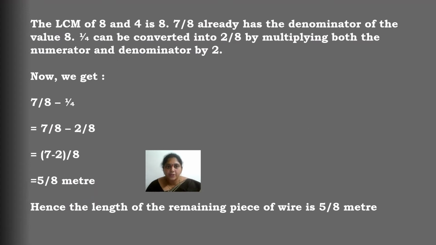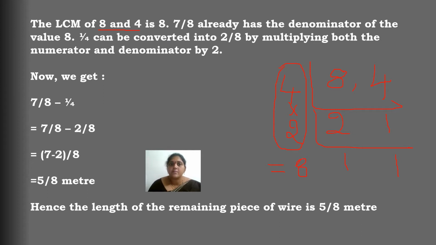Now, first what you have to do, you have to take LCM of 8 and 4. So, what will be your LCM if you take 8 and 4? Both will be coming in 4 table, right? Now, take out the number 4, right? 4 2s are 8, 4 1s are 4. Again, 2 1s are 2 and 1 will be taken back. LCM is multiply the numbers. 4 into 2, you will be getting your answer as 8. So, your LCM is 8.